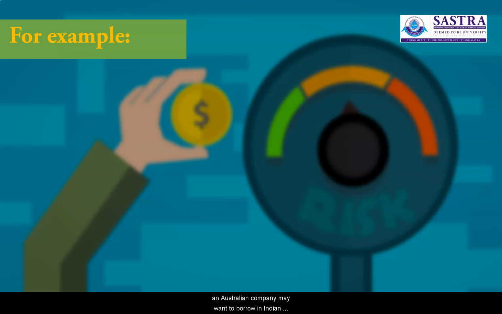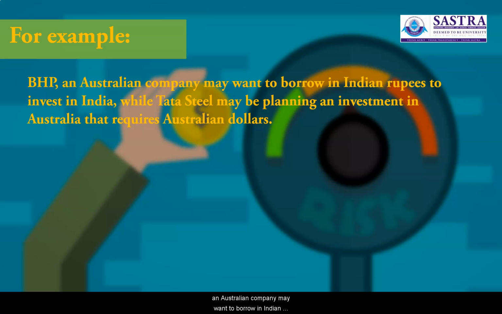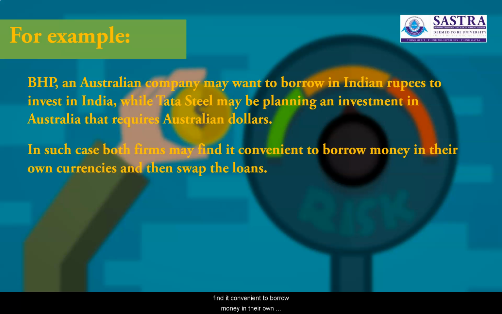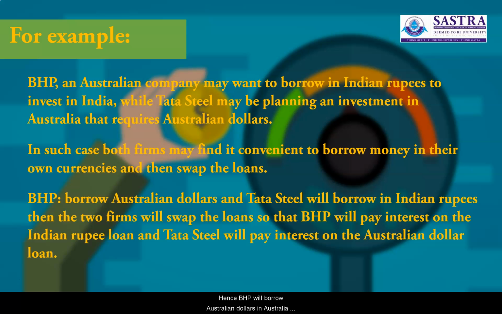For example, BHP, an Australian company, may want to borrow in Indian rupees to invest in India, while Tata Steel may be planning an investment in Australia that requires Australian dollars. In such a case, both firms may find it convenient to borrow money in their own currencies and then swap the loans. Here, BHP will borrow Australian dollars in Australia and Tata Steel will borrow in Indian rupees in India, and then the two firms will swap the loans so that BHP will pay interest on the Indian rupee loan and Tata Steel will pay interest on the